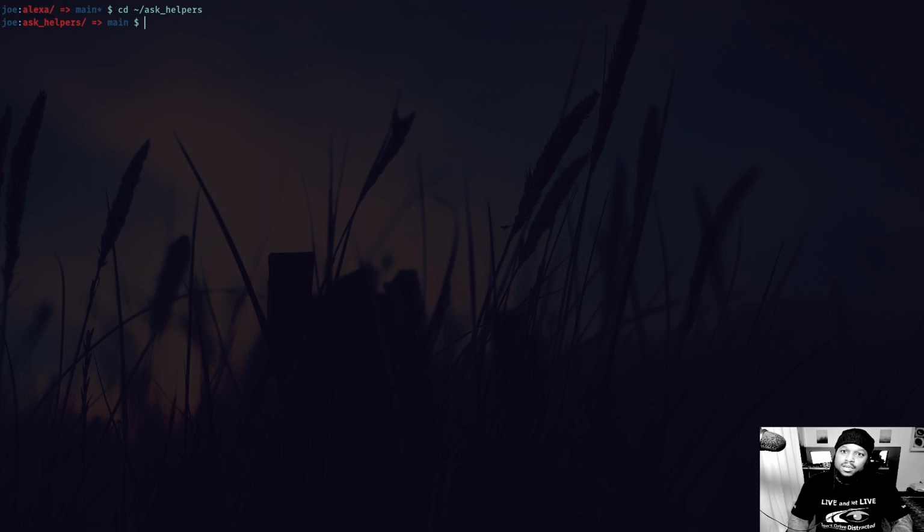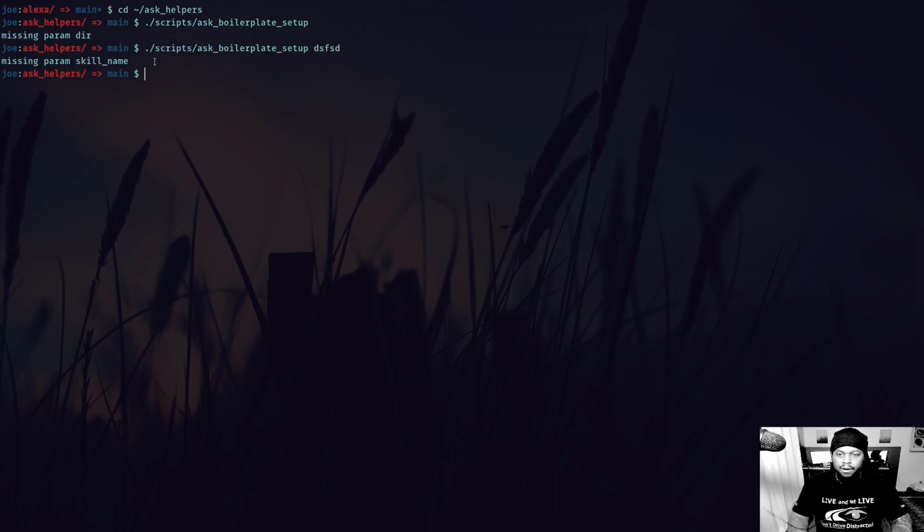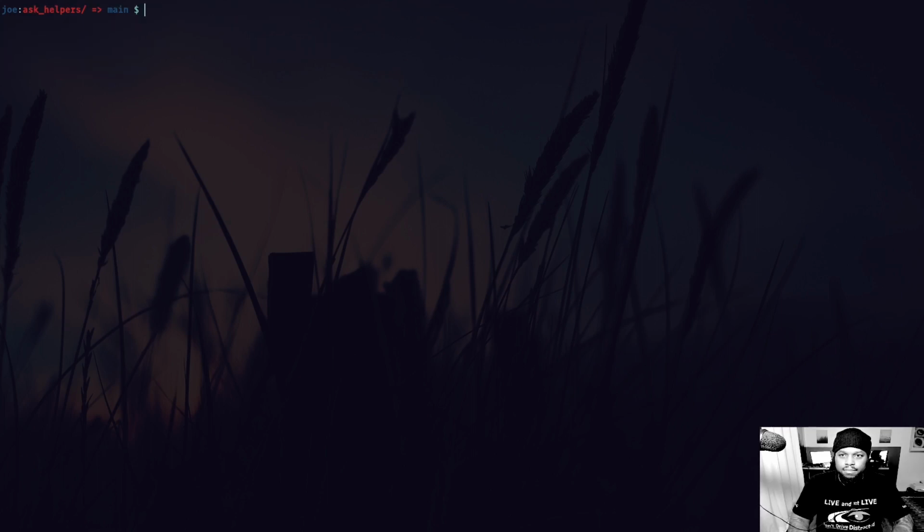If I was running this from here, I'll probably say this, and I'll say scripts, and then whichever script I want to run. And then I'll probably say I want to do the setup, and then I'll give it some variables. It says missing a param directory. And if I give it some directory, it's missing the skill name. All right. So actually, I already have all of these scripts able to be run from anywhere, because I have it in my path. So for me, I'm just going to say ask